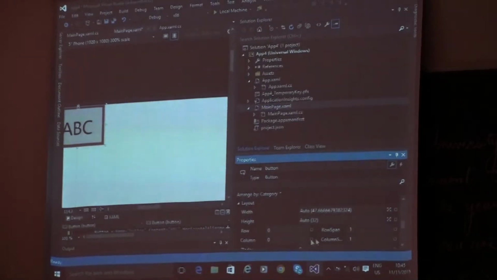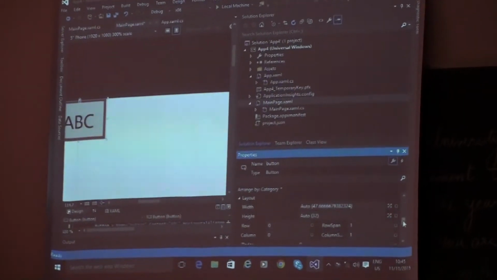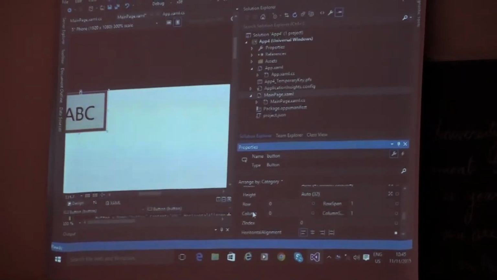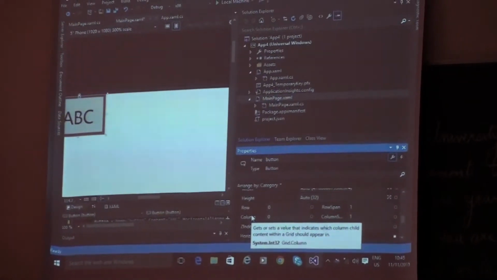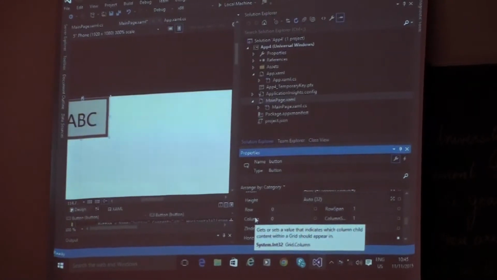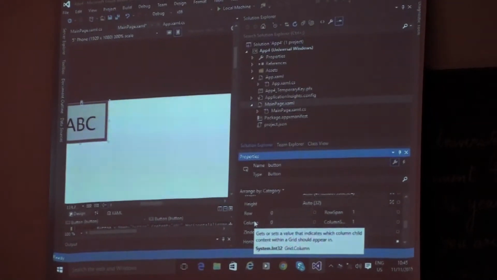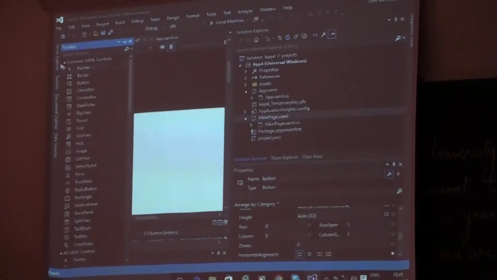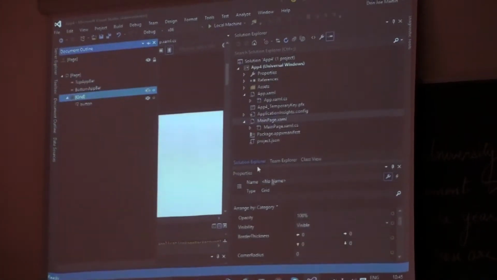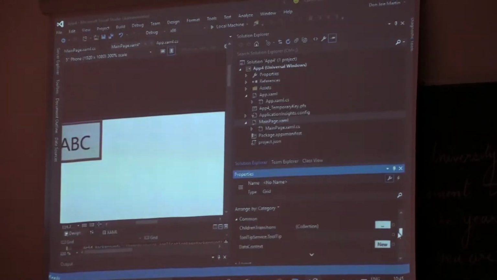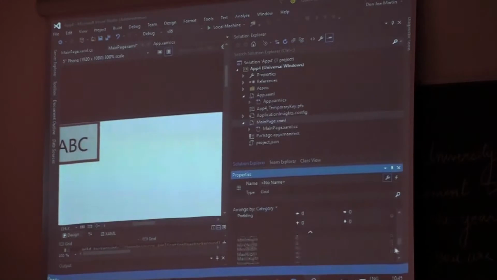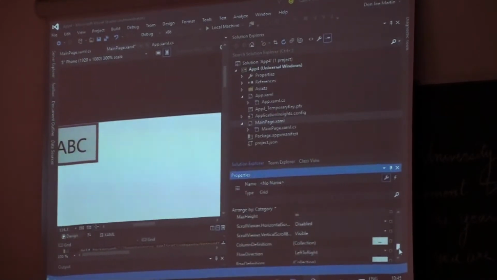You won't be using these at the moment for the simple reason that you don't actually have different rows and columns within your grid to place your controls in. Okay? If you had, okay, fine, I'll show you why you would actually use it. In your document outline, go to your grid. Remember I told you that you can have different rows and columns within your grid, which would actually help you to align stuff.